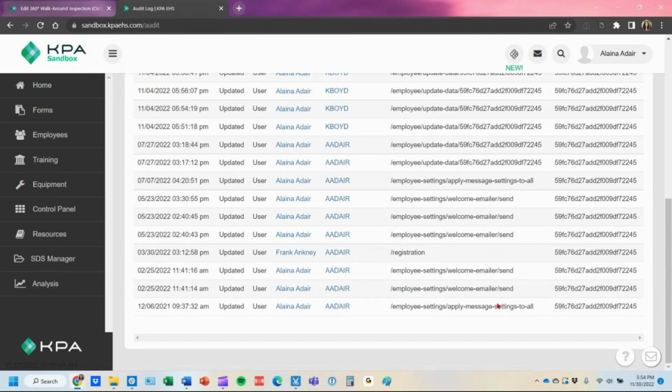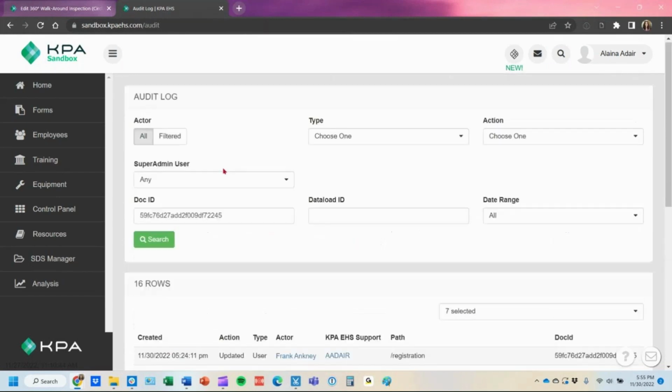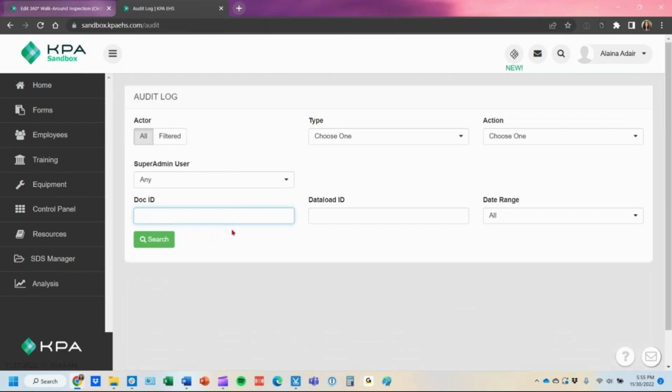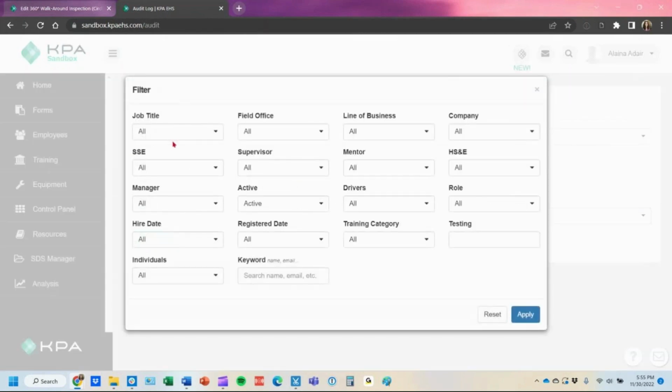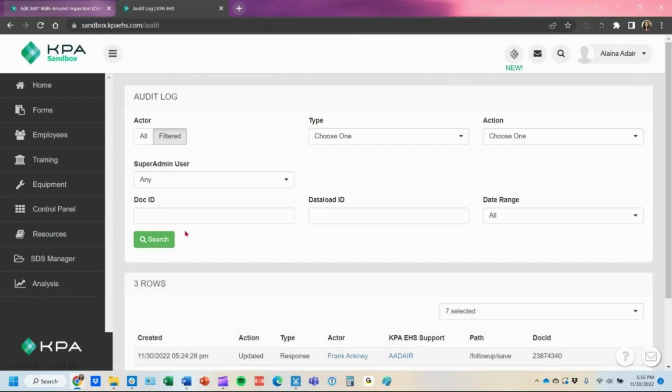Oppositely, if you were looking for everything that Frank has logged in and done, you can do that a different way. So this is really talking about edits that have been made to his particular profile. But if you wanted to go the reverse and say, what has Frank done over time? You can filter that by the actor here. So if you click instead of all and do filter by the actor, you can search by the individuals here. And if I look up Frank here, search by his name and click apply, I can see anything he